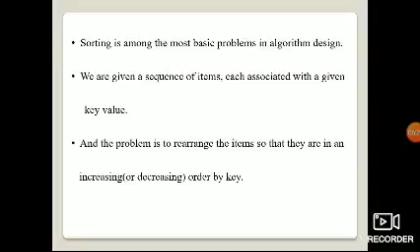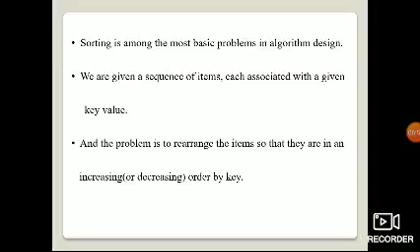Sorting is among the most basic problems in algorithm design. We are given a sequence of items, each associated with a key value. If you want to find an item, we give the key value, and based on that the sequence of items is checked.